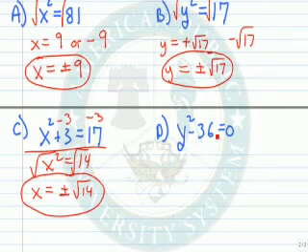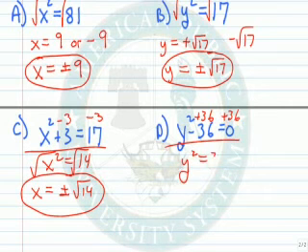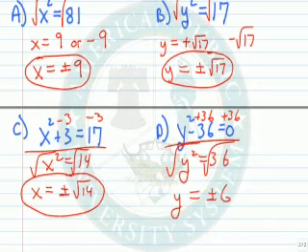How about y squared minus 36 equals 0? We want to get y squared by itself, so let's add 36 to both sides. So y squared equals 36, plus 36 minus 36 equals 0. Let's take the square root of both sides, so y equals plus or minus 6. Now each of these answers has to be checked in the context of the problem to make sure it makes